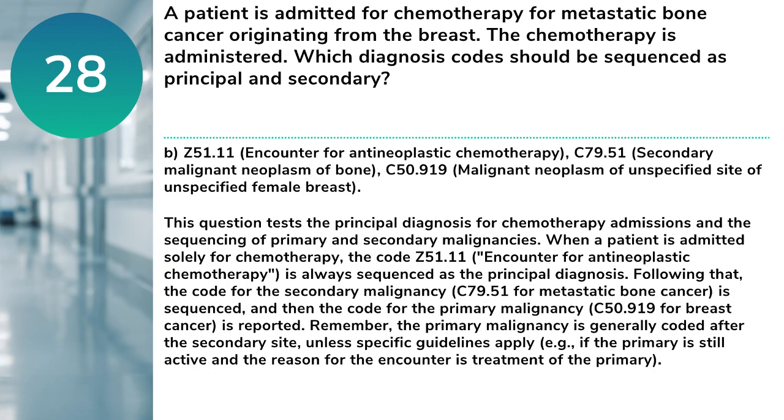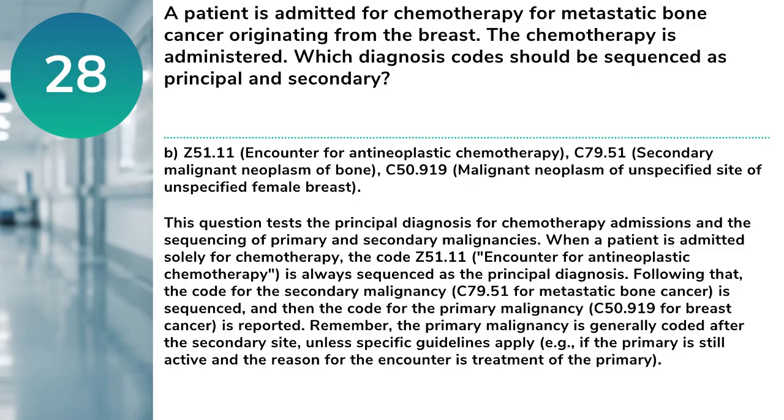Answer: B. Z51.11, encounter for antineoplastic chemotherapy, C79.51, secondary malignant neoplasm of bone, C50.919, malignant neoplasm of unspecified site of unspecified female breast. This question tests the principal diagnosis for chemotherapy admissions and the sequencing of primary and secondary malignancies. When a patient is admitted solely for chemotherapy, the code Z51.11, encounter for antineoplastic chemotherapy, is always sequenced as the principal diagnosis. Following that, the code for the secondary malignancy,